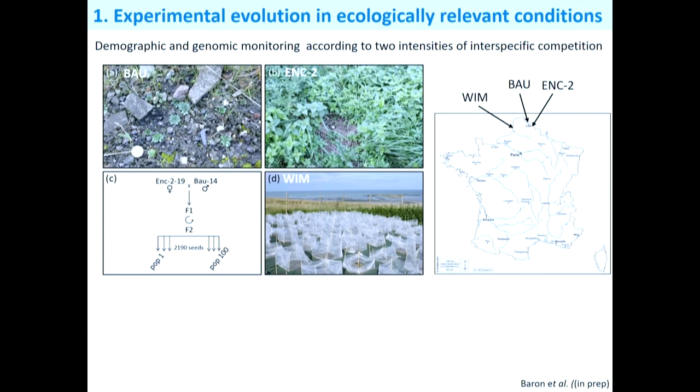that we decided to adopt was to cross two populations, named Beau and Anctu. These two populations are located around Lille. In Beau there is not a lot of interspecific competition with thaliana, while in Anctu there is a high competition level. So we crossed these two accessions, we got 17 F1s, and we got F2s, and